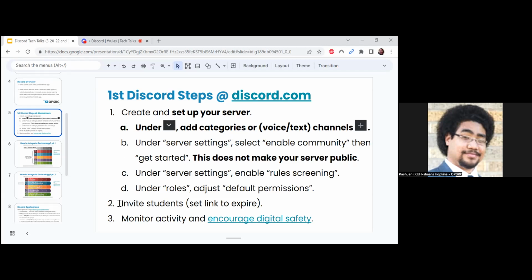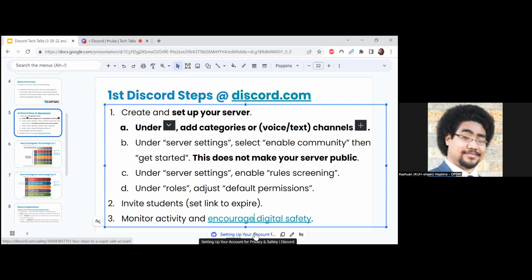And then finally, the rest is just monitoring activity, encouraging digital safety. I've even included a resource for that. Discord has done a pretty good job, including a bunch of resources. They're already fully aware